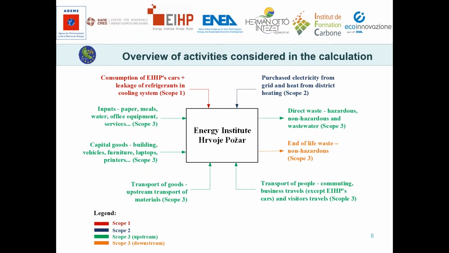To show you the example how the carbon footprint of organization calculation worked, I will show you on the example of the Energy Institute. As you can see, the overview of activities considered in the calculation. I won't go into many details, but just to make this figure clearer, we are mainly working with studies such as environmental studies, due diligences, and so on. So our main product is paper, something on paper. As you can see, maybe this picture is clearer, and we were focusing on scope 1, 2, and 3 to calculate our